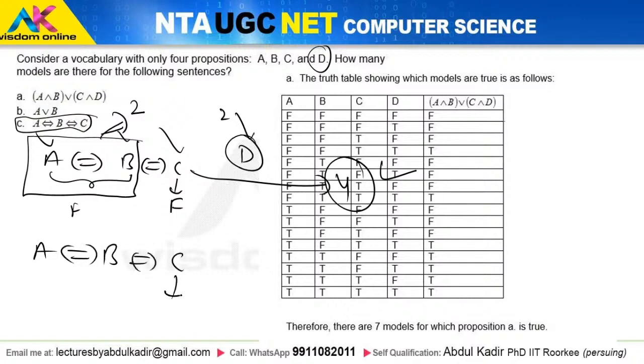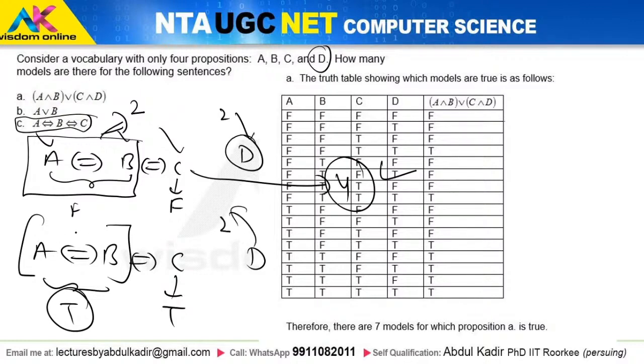को ट्रू लेके देख लेते हैं। अगर सी ट्रू है तो इस पूरी चीज़ को ट्रू बनाने के लिए हमें क्या करना पड़ेगा, हमें इस चीज़ को ट्रू बनाना पड़ेगा। इस चीज़ को ट्रू बनाने के लिए कितनी पॉसिबिलिटीज़ हैं, फिर से 2 पॉसिबिलिटी हैं। लेकिन रिमेंबर डी के पास भी 2 पॉसिबिलिटी हैं, तो टोटल फिर से 4 पॉसिबिलिटी हो गई, तो टोटल 8 पॉसिबिलिटी। सो हाउ मेनी मॉडल विल बी देयर, टोटल 8 मॉडल्स विल बी देयर।